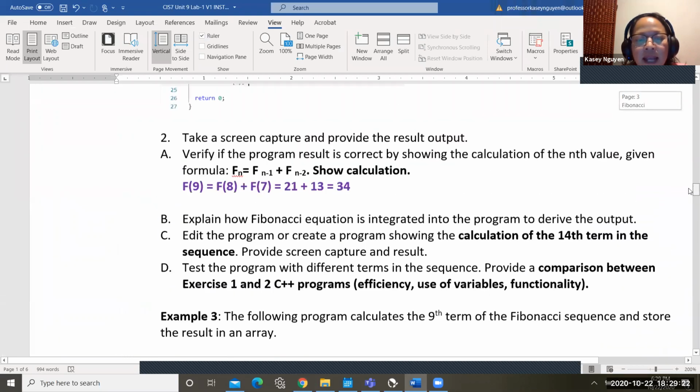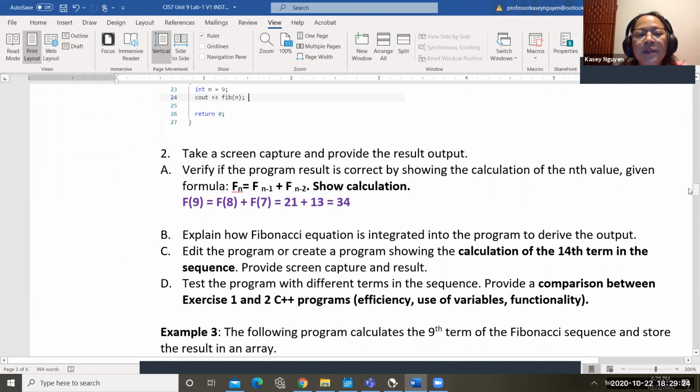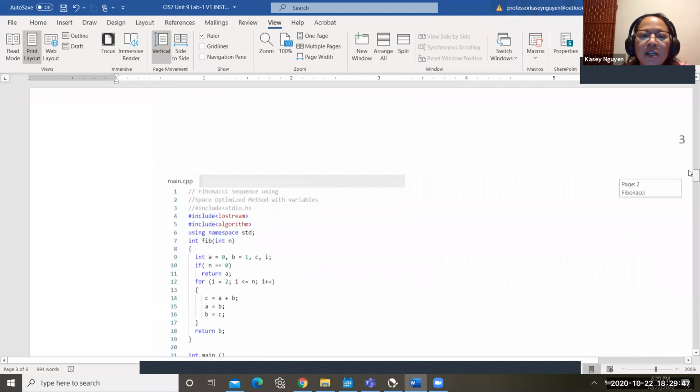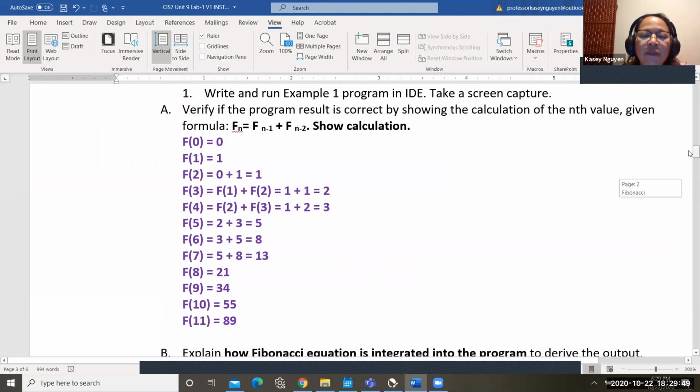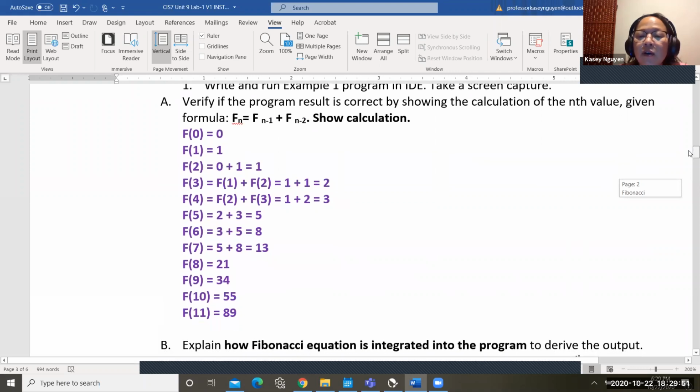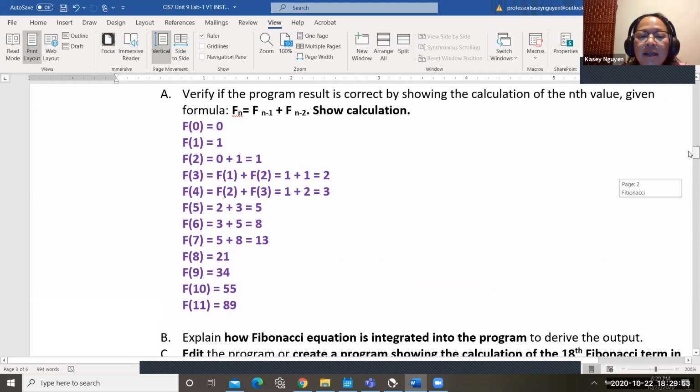Then in our next exercise, after we run the program, we take a screenshot of the output. We want to verify if the program gave us the right output for the nth value, which is 9. And I didn't retype, and you shouldn't have to, as we have all of this from question 1A already.